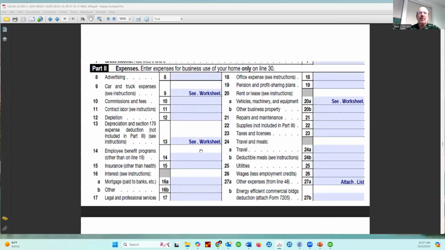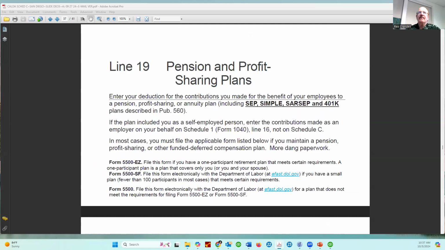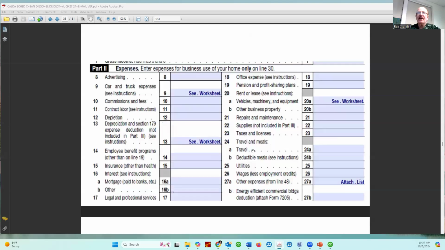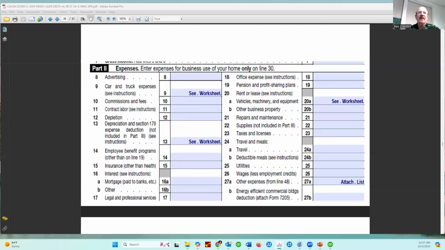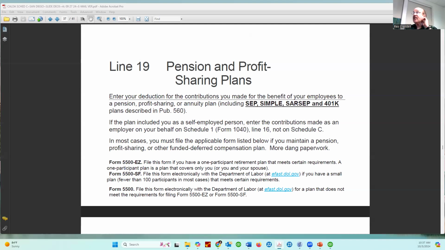So employee benefit programs we just covered. Now we go on to line 14, employee benefit programs. Okay, so I'm looking at trying to get my place here. Okay. And 14. Next, we'll cover